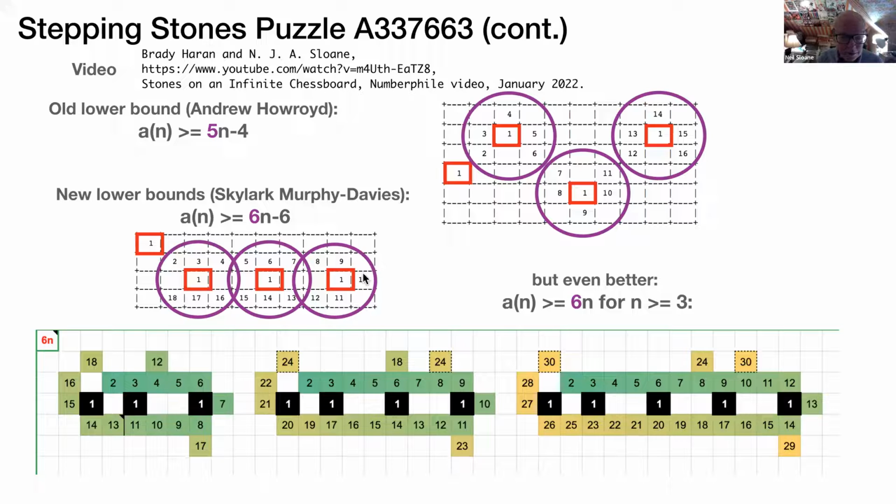Then you go around the corner and come back. And each time you pass a 1 stone going that way, you pick up 3 extra steps, and coming back the other way, you pick up another 3. So you get exactly 6n minus 6. You lose a little bit because of what you lose going around the corner and at the start. But when I was preparing the slide, I told her I was going to mention her work, and she said, had I seen her new bound, which gets 6n minus 6. It's 6 better, and